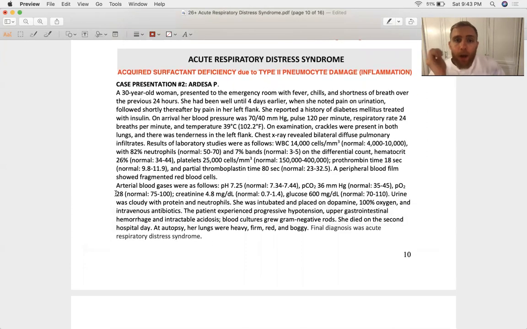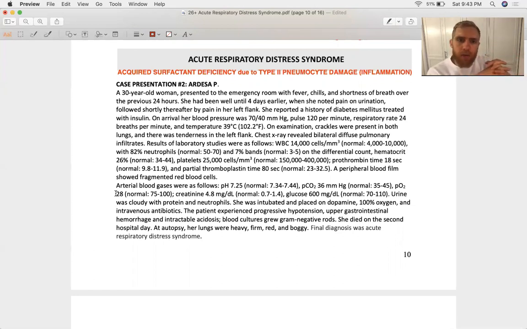So let's talk about adult respiratory distress syndrome, aka acute respiratory distress, because it presents very fulminantly. Same exact thing. Surfactant deficiency causes airway collapse, which is going to cause decreased ventilation per perfusion. So you've got a VQ mismatch, which is going to lead to hypoxemia, low oxygen in the blood, which is going to lead to an acidosis, which is going to cause pulmonary vasoconstriction, which is going to raise that